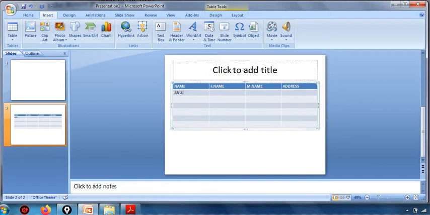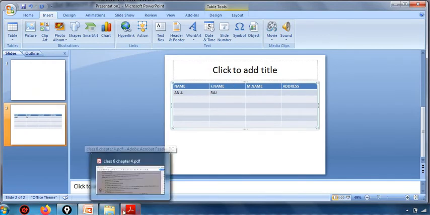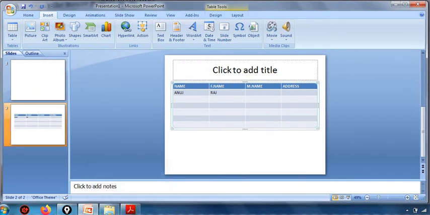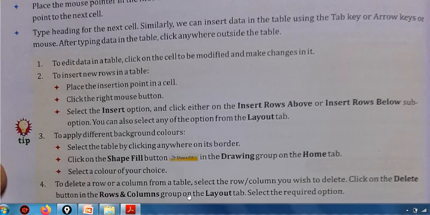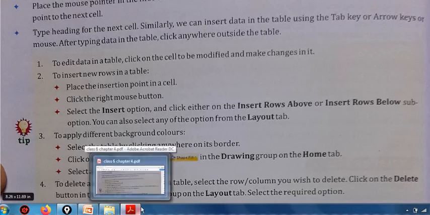Anuj, father name is Raj. Like this, we can enter different names. We can fill data in all the cells, right? And if I want to change something, I am telling you, line by line we will read and implement, right? So it will be easy, so that we will cover each and every point from the book. To insert a new row, the new row option. So from where?